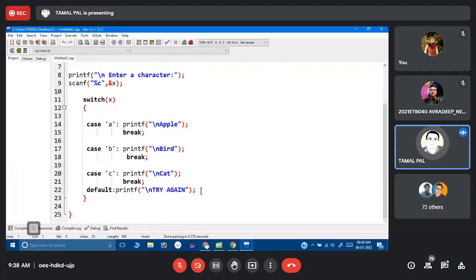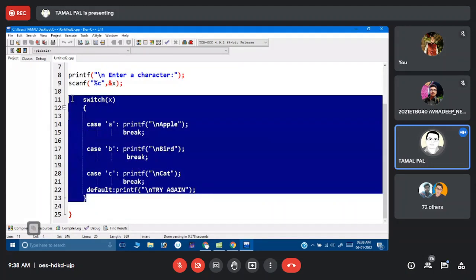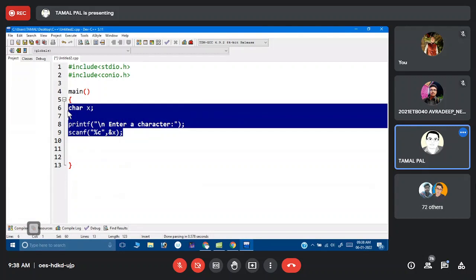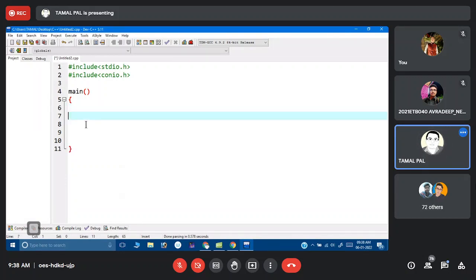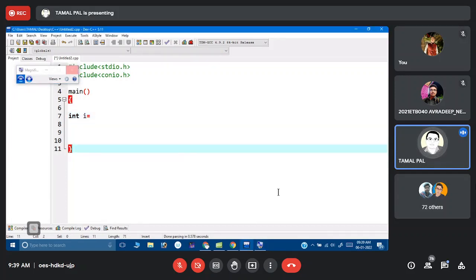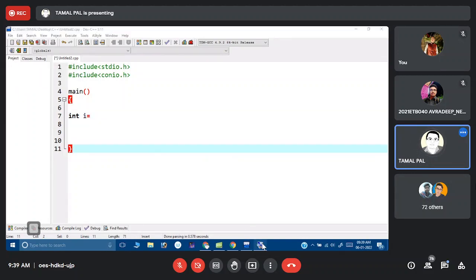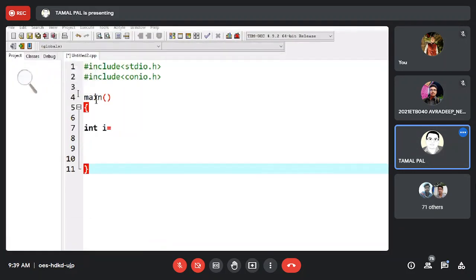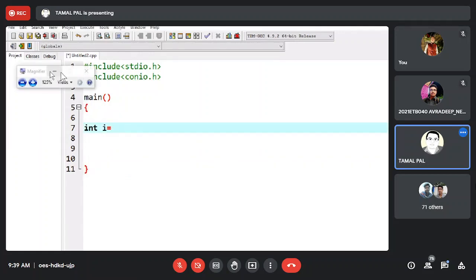Let's say I am making one infinite loop. Equal to 0.